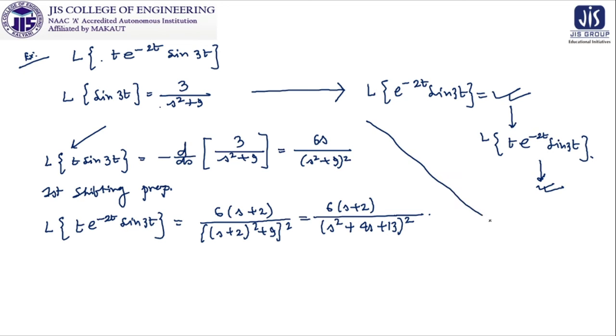But after doing both the processes, you have to decide what will be suitable for you, or suitable for the mathematics purpose. Because if you do the shifting property first, then the expression will be a little bit bigger, and then you have to differentiate a big expression. Rather, here you are differentiating a small expression, then you are making the s plus 2 substitution in place of s. So that is completely dependent on the person who is performing it, but learning both is very important. Okay, so if we move on to some more problems,